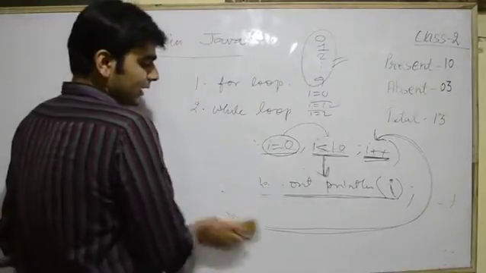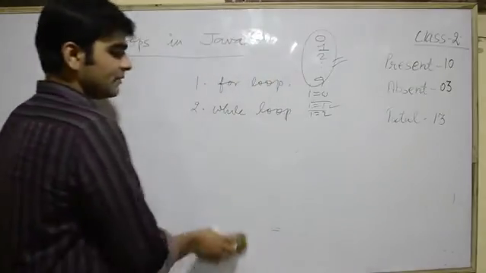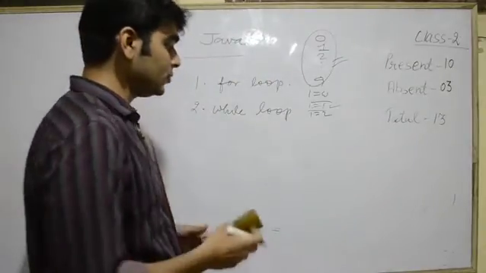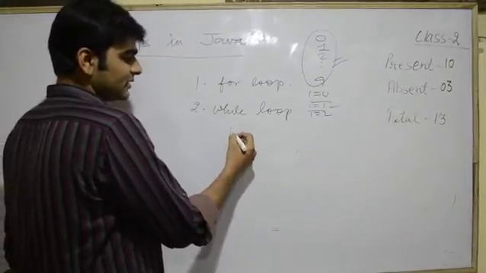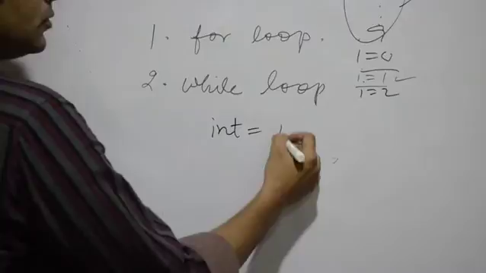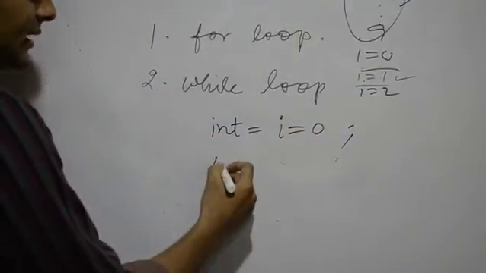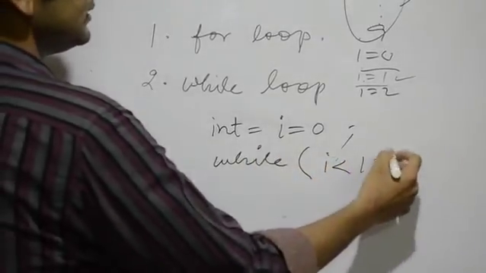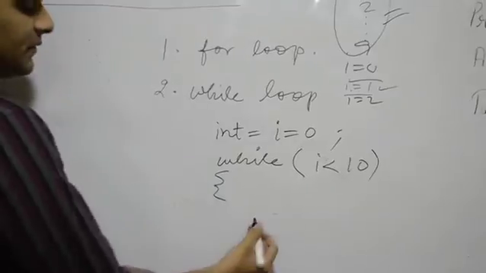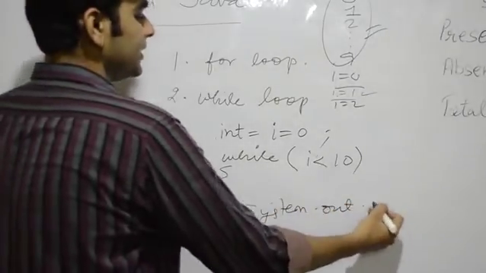Let us see the while loop now. A while loop can also do what a for loop can do. The difference is, a while loop is written like this: first of all we initialize the value outside the while loop, like this. Then we write the while loop, while condition i is less than 10. We open the while loop, then we write System.out.println